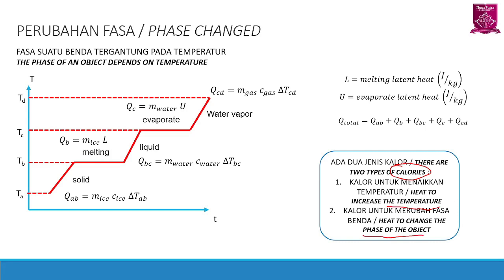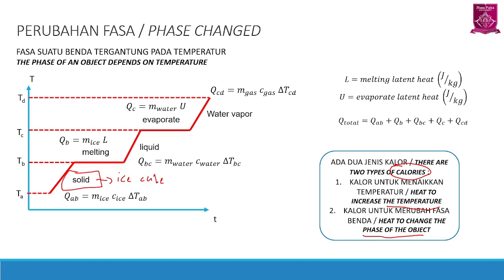Now we know that if I freeze water, it will be in solid phase, right? The solid phase is below 0 degrees Celsius. So if I have an ice cube here, and I heat the ice cube,